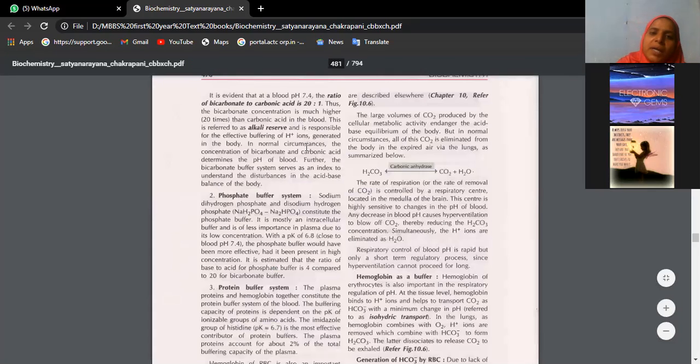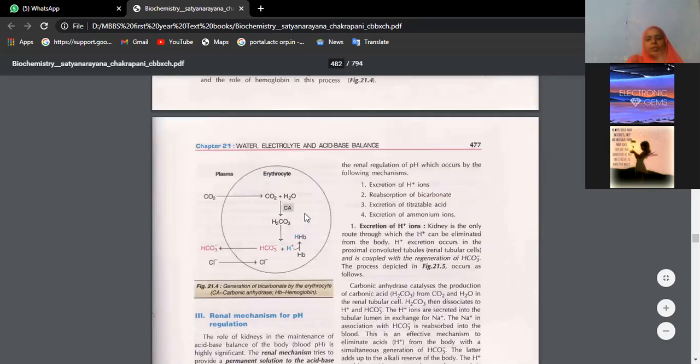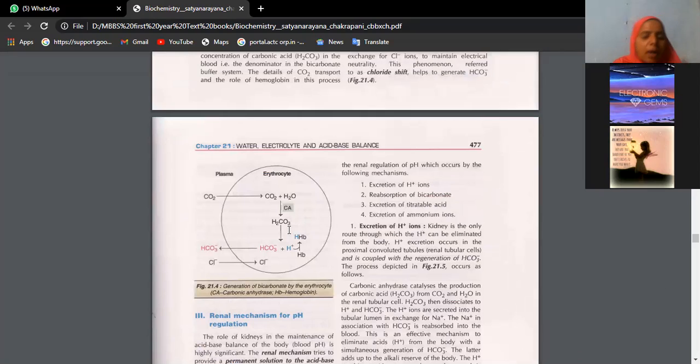20 times more than acid, because whatever metabolic end products are produced in our body are acids most of the time: carbonic acid, pyruvic acid, lactic acid, acetoacetic acid. All end products are acids. In order to neutralize them, we need a lot of base or alkali reserve. That's the reason the bicarbonate is transported to the plasma, like a bank balance, to neutralize our excessive production of acid. The hemoglobin combines with this acid to form HHb.